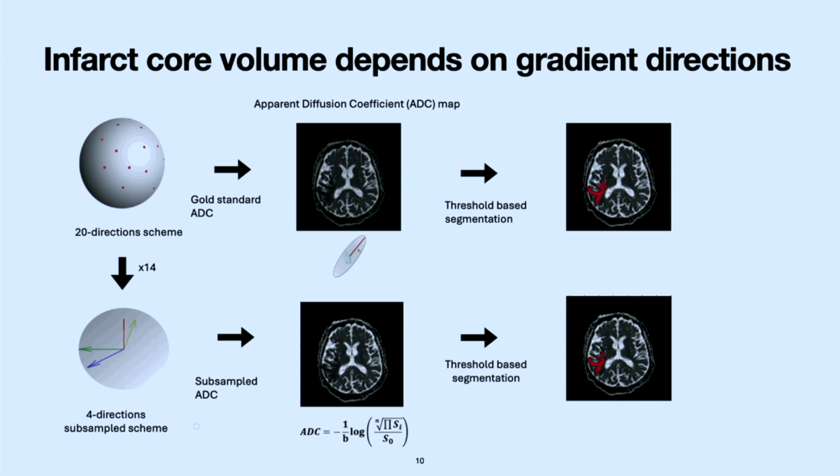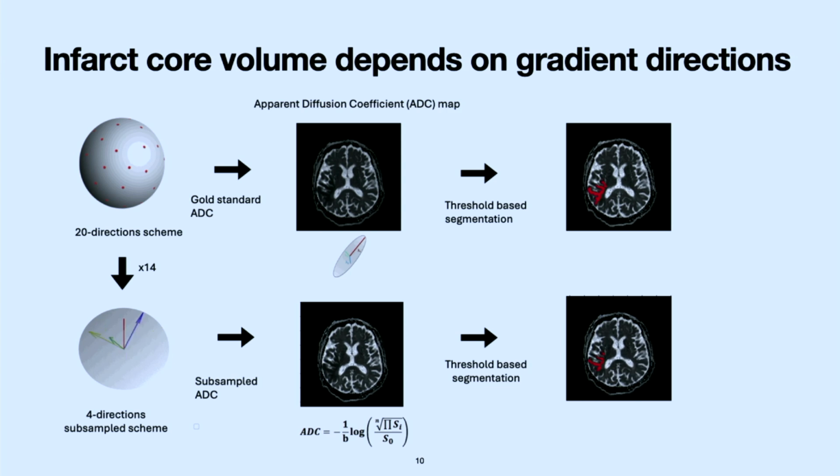then you have a variety of things that you could do. Because out of 4 directions, which directions are you taking? Are you taking like this, or like this? Which directions are you taking? This depends a lot on the way the scanner is set up, potentially also the head position. And so this is just a quick simulation of what happens if you vary these diffusion directions, right? So you can see the infarct core is changing not only the size, but also the location.